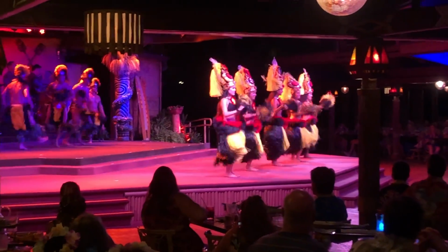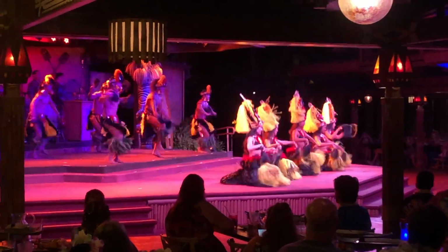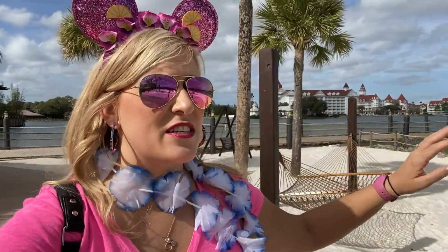But really fun, unique activity here to the Polynesian, and I bet you didn't think you were going to go to a luau while you were in Walt Disney World. A great thing about staying at the Polynesian is this beautiful beach behind me, which is for the resort guests. They've got hammocks and chairs, and you can come out here and enjoy yourself and then get back into the